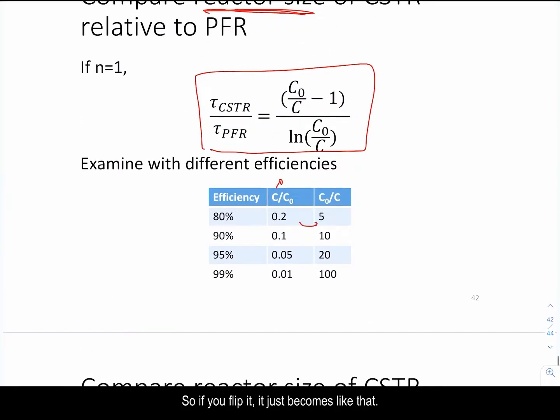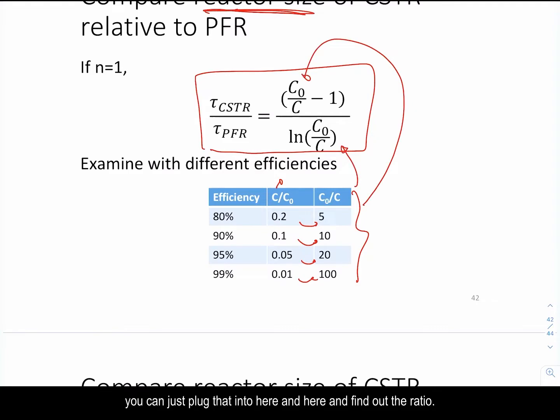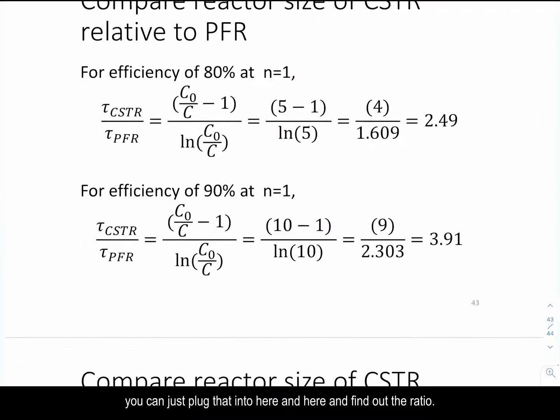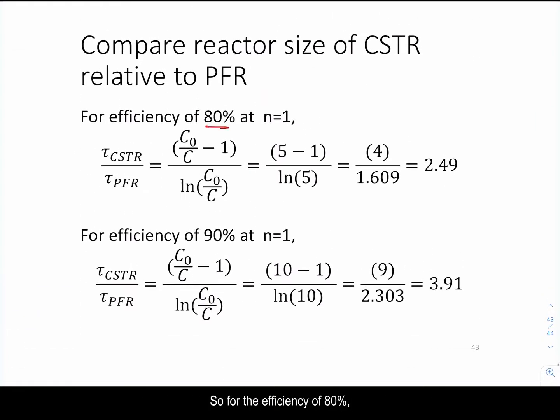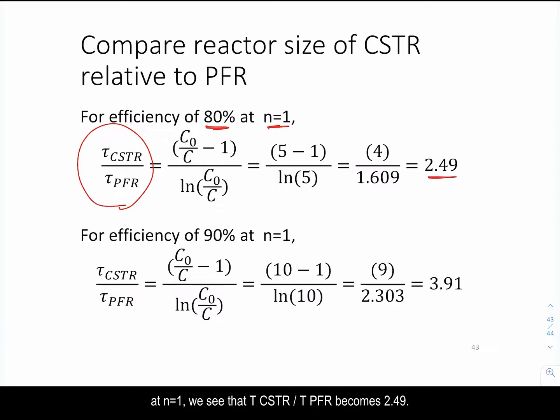So if you flip it, it just becomes like that, right? And then when you have all these numbers, you can just plug that into here and find out the ratio, okay? So for the efficiency of 80% at n equals 1, we see that the tau CSTR over tau PFR becomes 2.49, okay? And I told you that's the same as